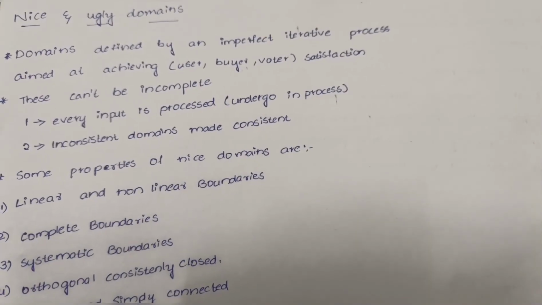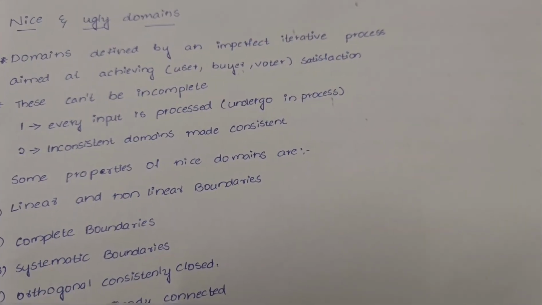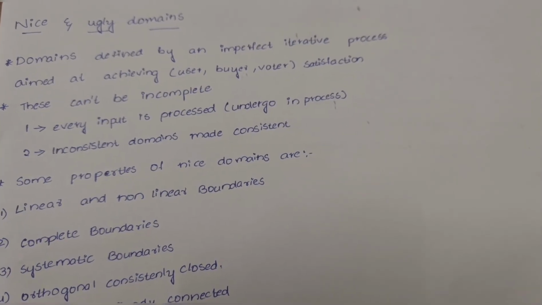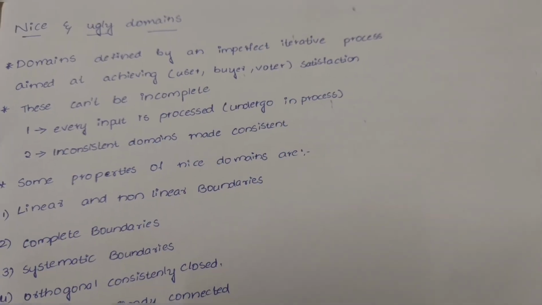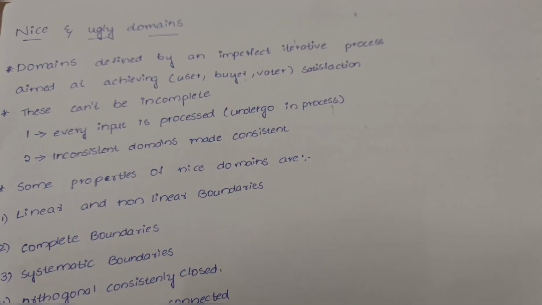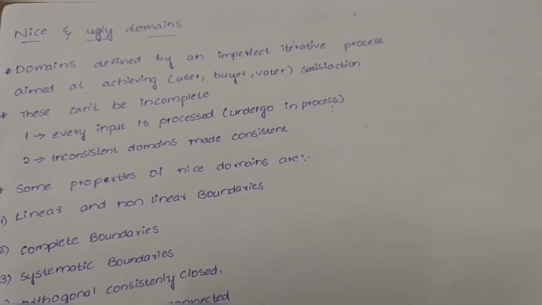Going to learn about nice and ugly domains. These are the domains which can be defined by an imperfect iterative process, which means these are not perfect processes, these can be imperfect. Iterative process is nothing but which starts from defining and collecting data,